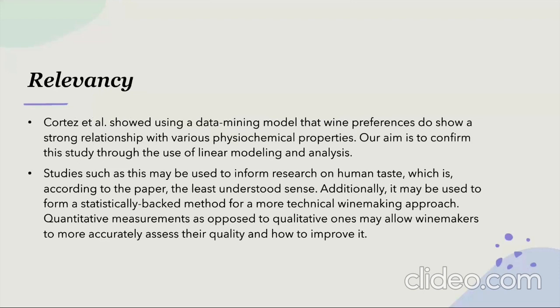Studies such as this may be used to confirm research on human taste, which is, according to the paper, the least understood sense. Additionally, it may be used to form a statistically backed method for a more technical winemaking approach. Quantitative measurements, as opposed to qualitative ones, may allow winemakers to more accurately assess the quality and how to